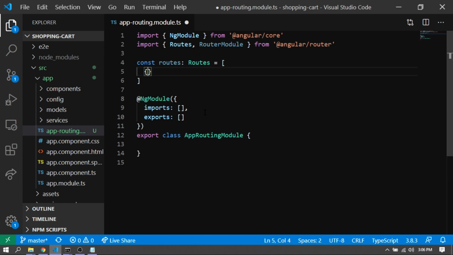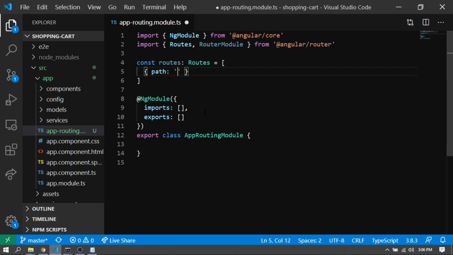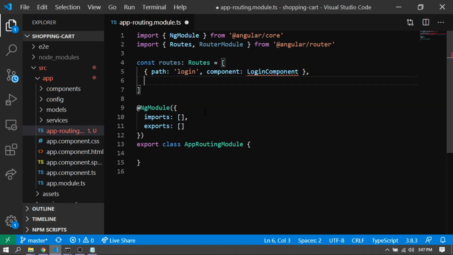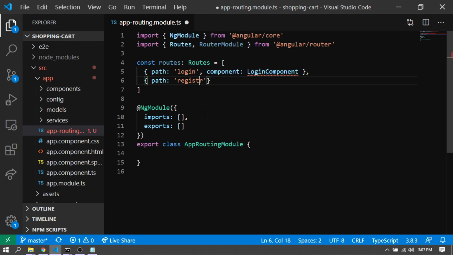And inside the routes, we would define three paths. So one path would be login. Oh, actually, we don't have to go for slash, so just login. And on login, I would like to go for the component. So let's just keep it as login component. We would like to create that though, and we would like to import it over here. Path register. We would have a register component implemented,